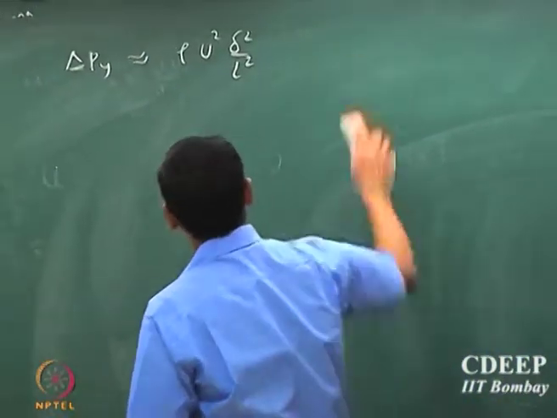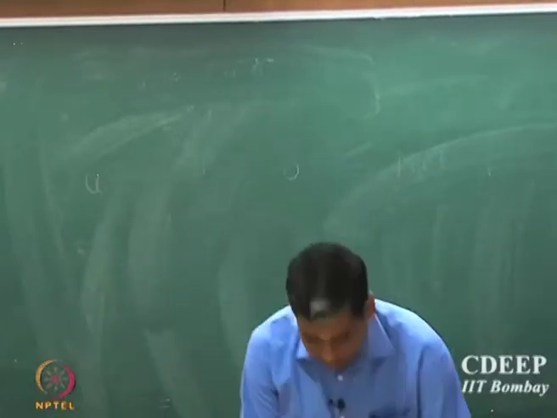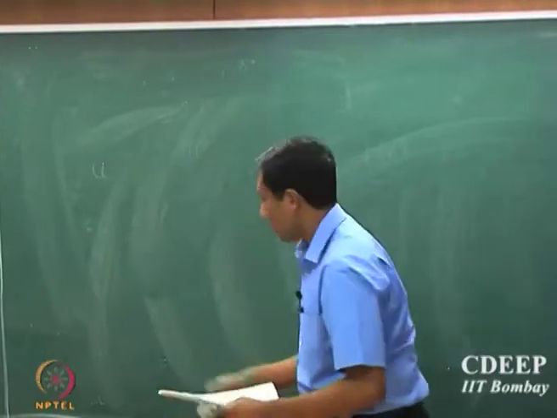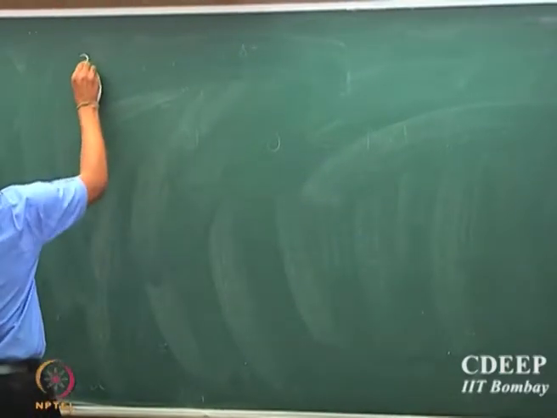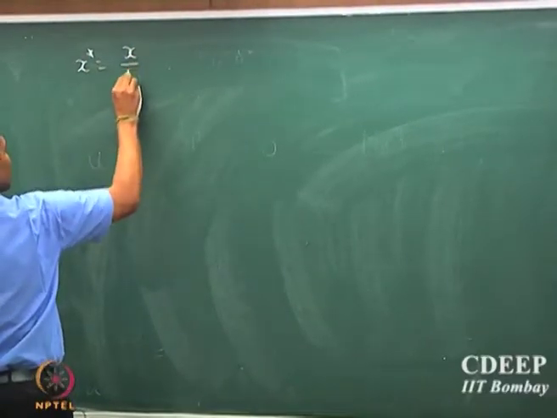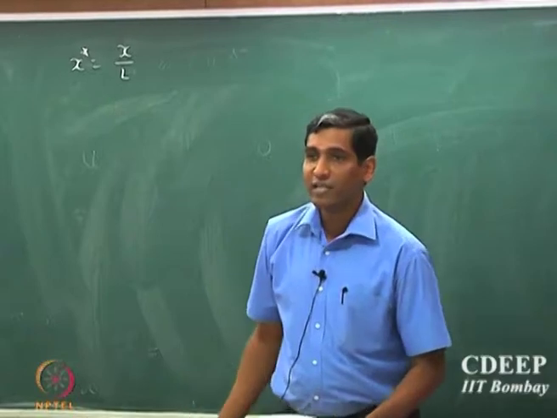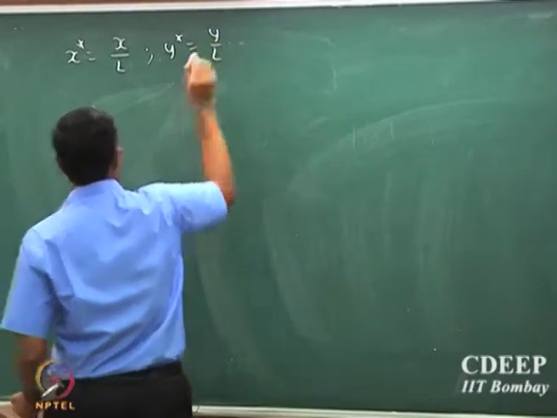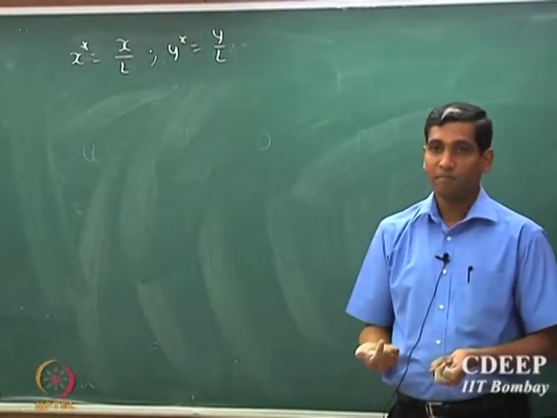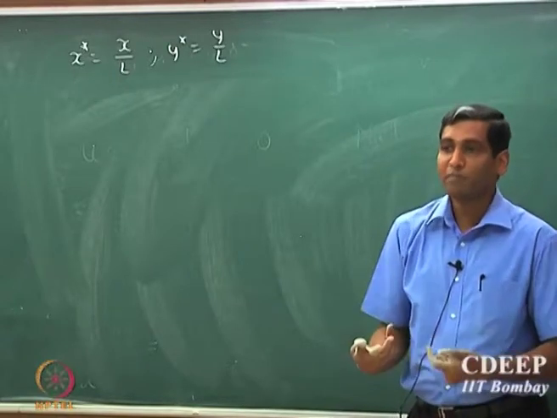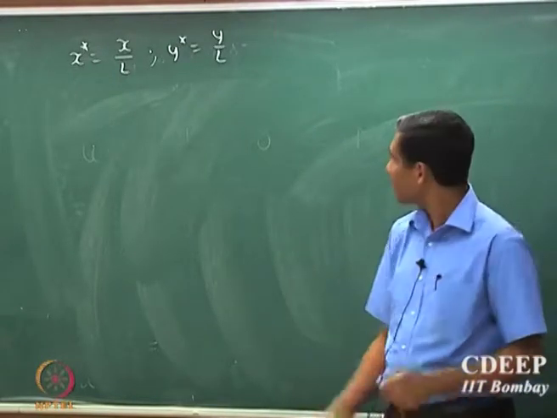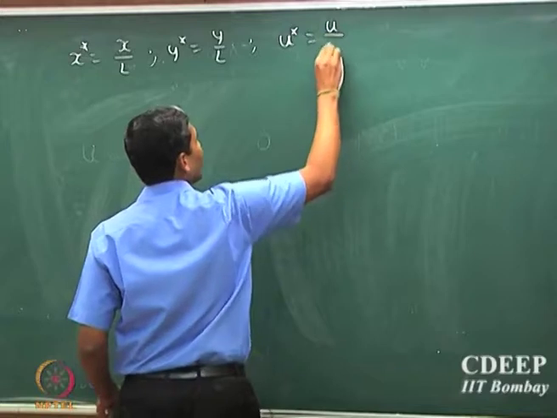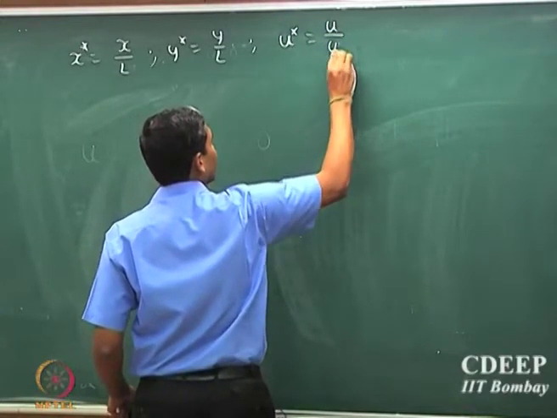Alright, so now I am going to introduce some scaling. Suppose I say that x star is my new variable, and I scale it with the length of the plate, and y star also I scale with the length of the plate because that is the measurable property. The boundary layer thickness is not a measurable property, it is not something that you can measure. And then I scale u star, the x component velocity, divided by the free stream velocity,